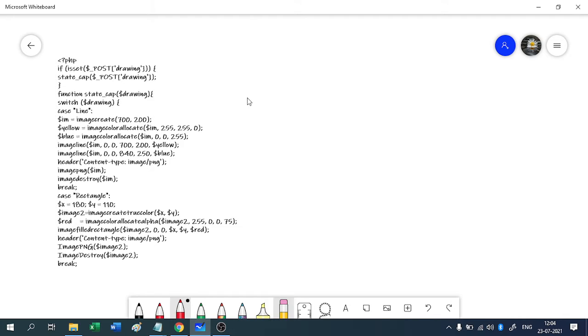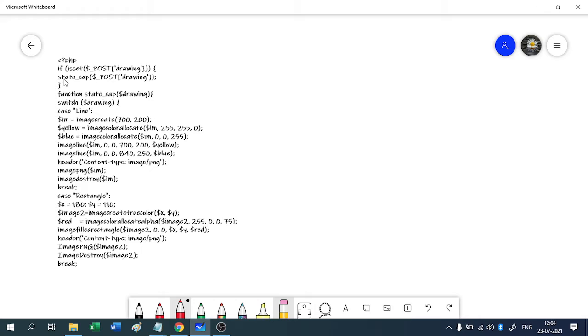See here, this is the image1.php file. So here we are using the value of the name attribute. I already told that. The name attribute is one of the important attributes because we reference the form data after the form is submitted. Okay, so here we are using the post method. So $_POST of drawing.